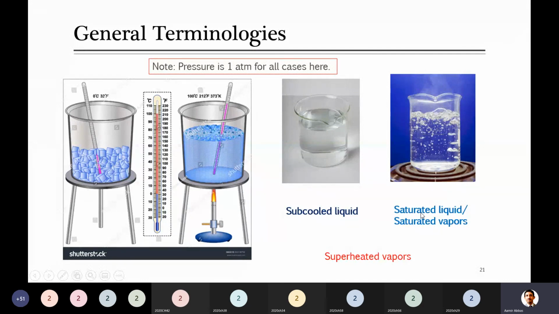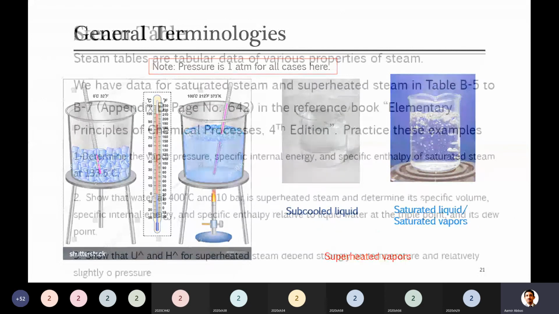For example, in this case, for 1 atmospheric pressure, vapors are formed at 100 degrees C. Now if they were formed at 100 degrees C and I somehow separated them and raised their temperature to 110 degrees C, are they saturated vapors or superheated vapor? Superheated, because now you are away from the saturation temperature, and in this case for water the saturation temperature is 100. So anything above 100, whether it is 101, 102, or 110, 150, is called superheated vapor.